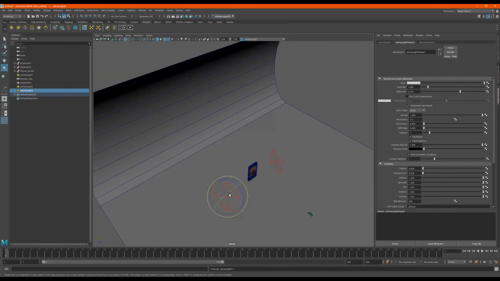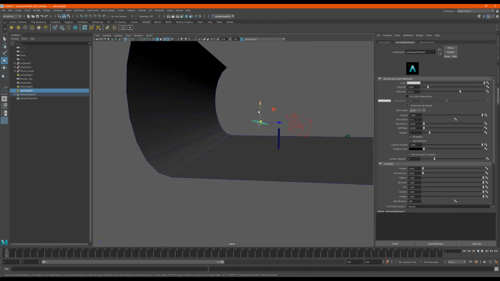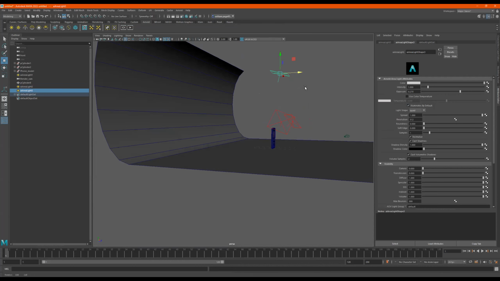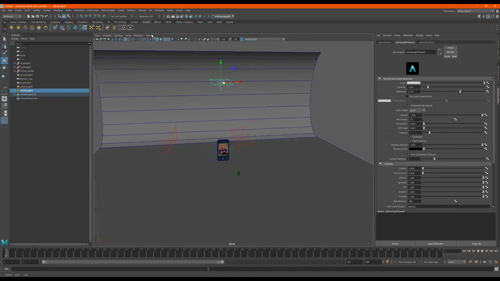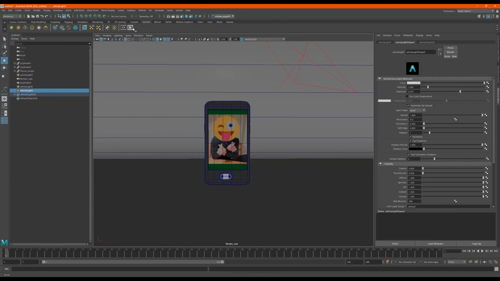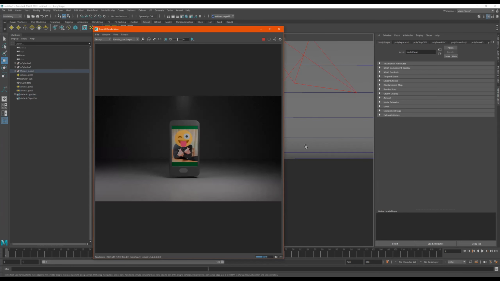Now let's do another Control D. Move this light. And let's make it so that this one's kind of looking at it from the top a little bit. Render. Let's do another render. Okay, cool. I'm going to click on this. This is my cell phone body, and I'm going to make it a little bit